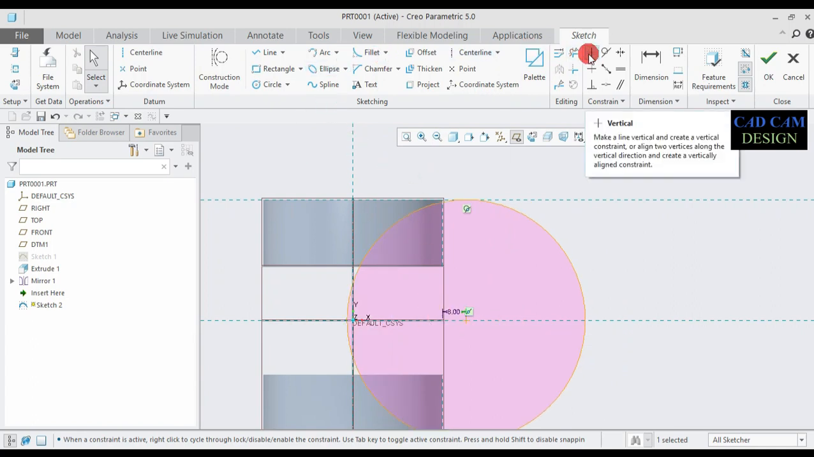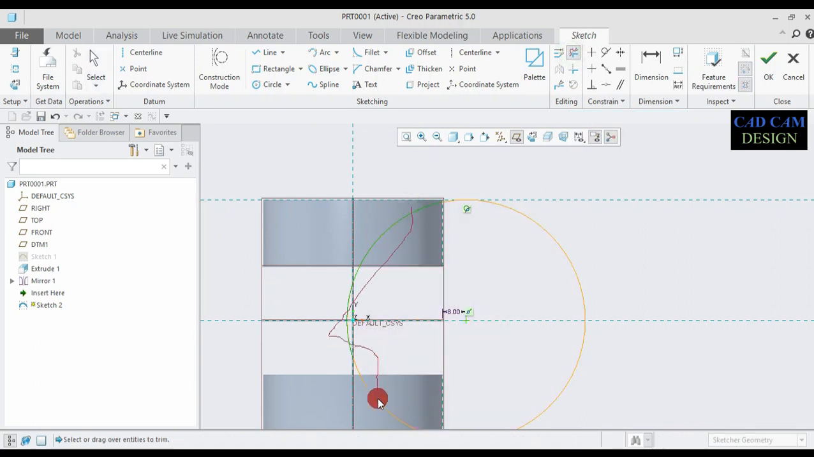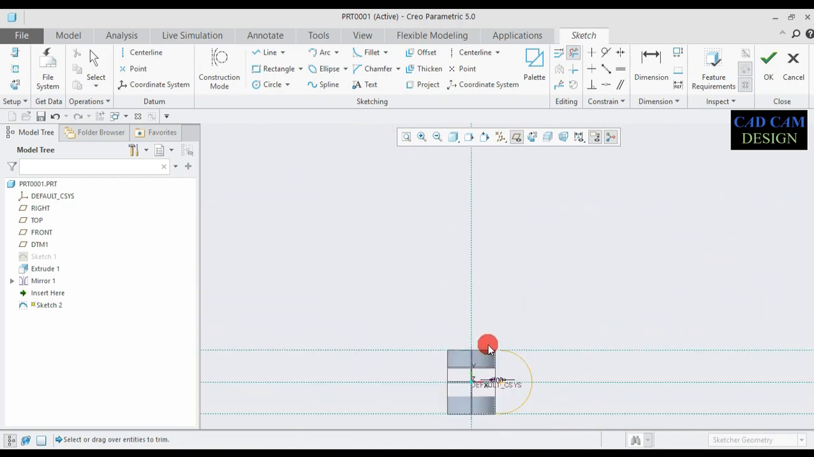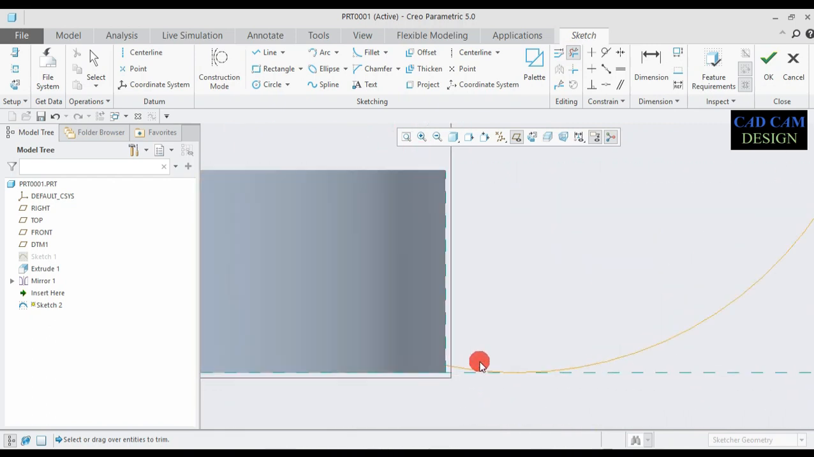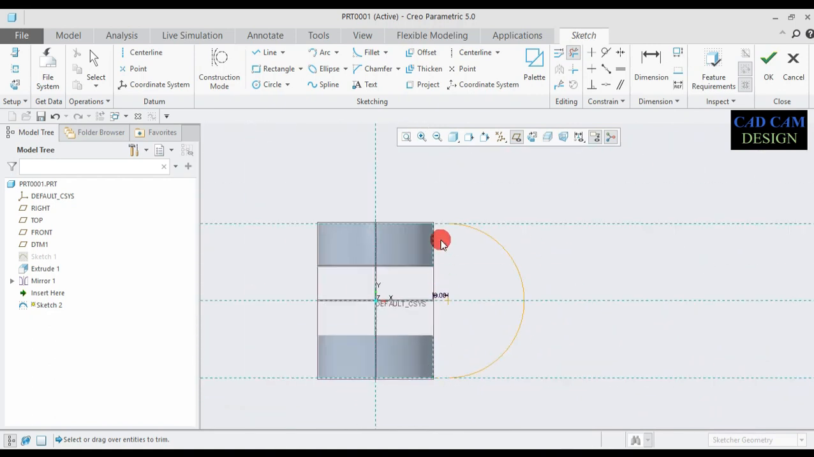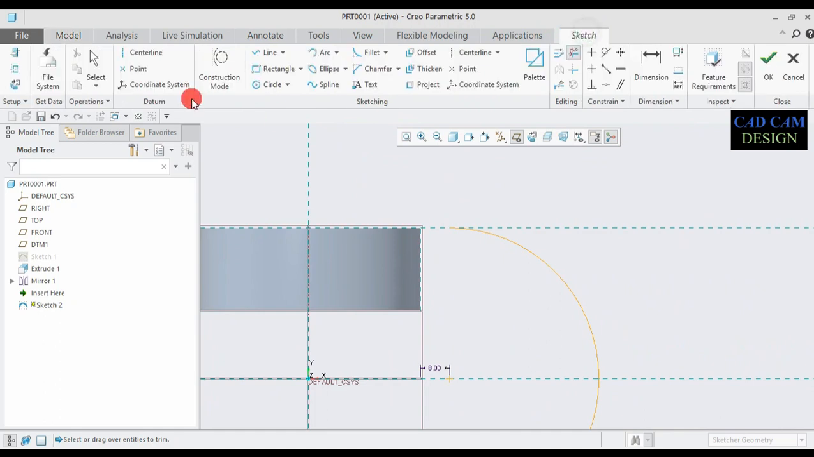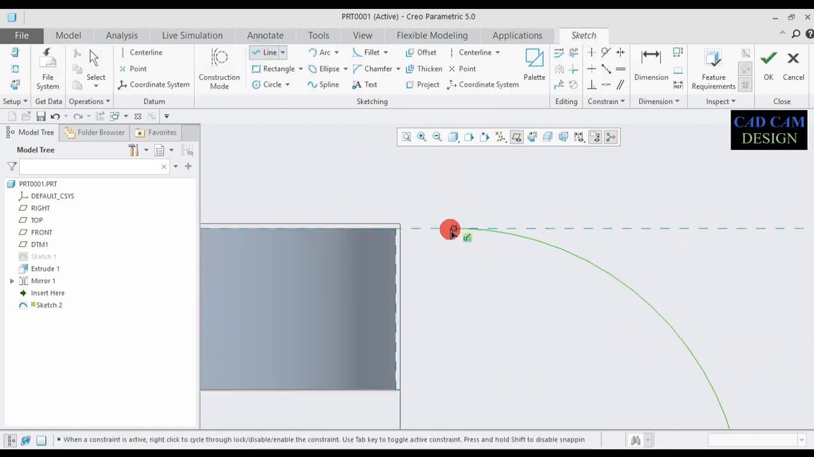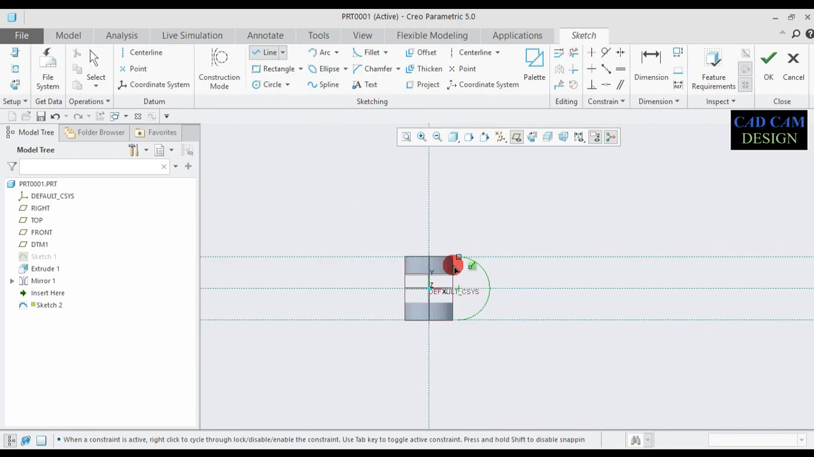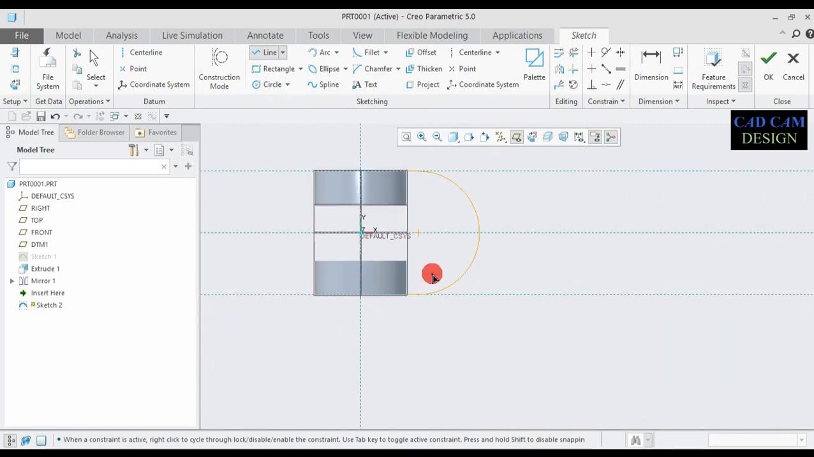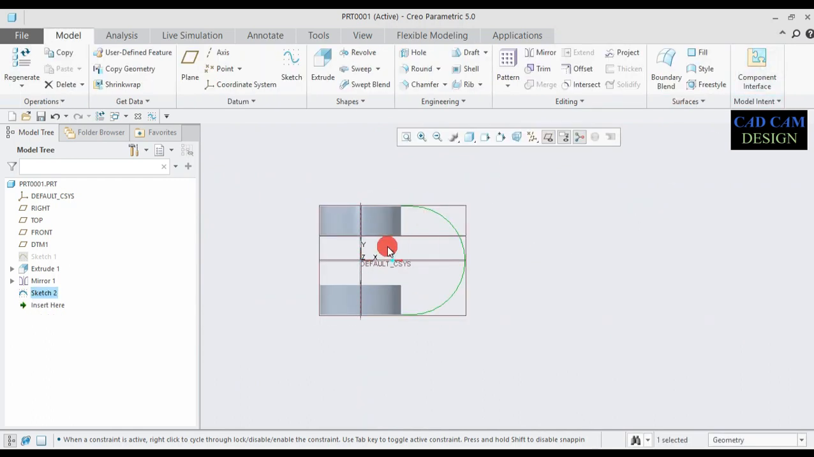Now done. Go to trim segment or delete segment and select all the unwanted lines or segments and make one path. Now done and OK. Now go to sweep